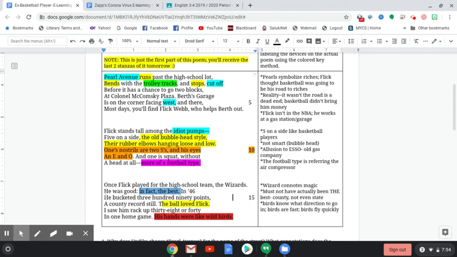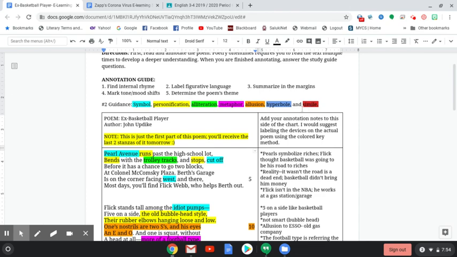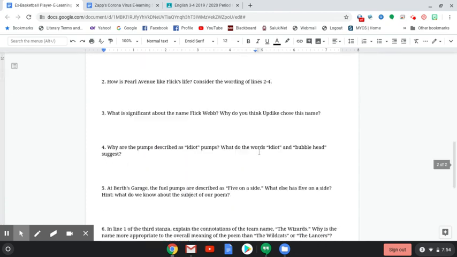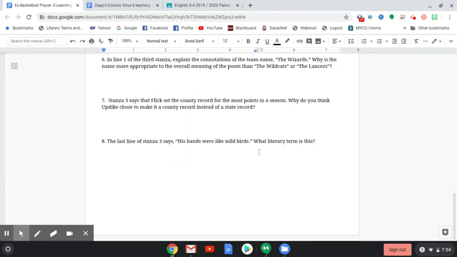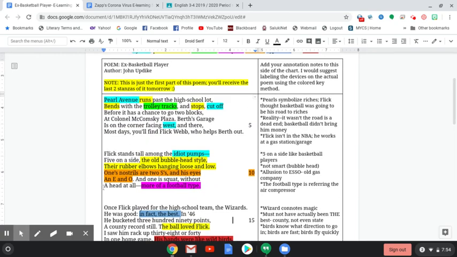Okay, so you do this. Make sure you are making your annotation guide, right? Again, this side is for your comments. This side is for you to label those devices. You just highlight those at the top for me. And then you have, I think it's 8 questions. Yeah, 8 questions at the bottom today for homework. Okay, and then tomorrow you will finish this poem. Okay, email me or Google Hangout me if you guys have